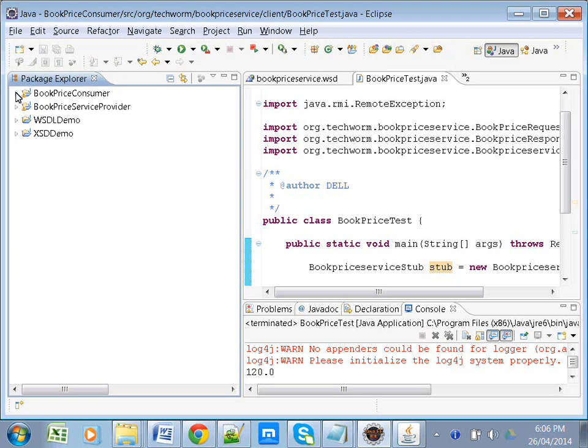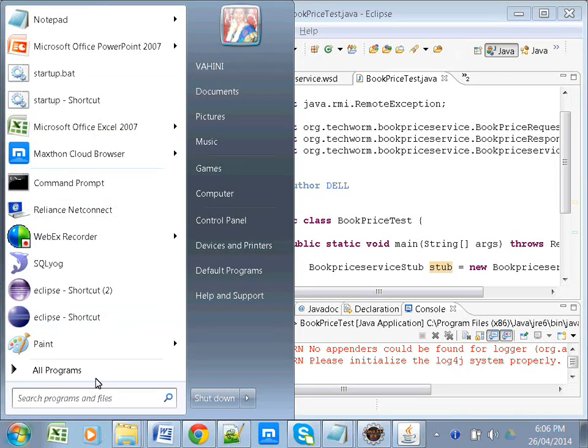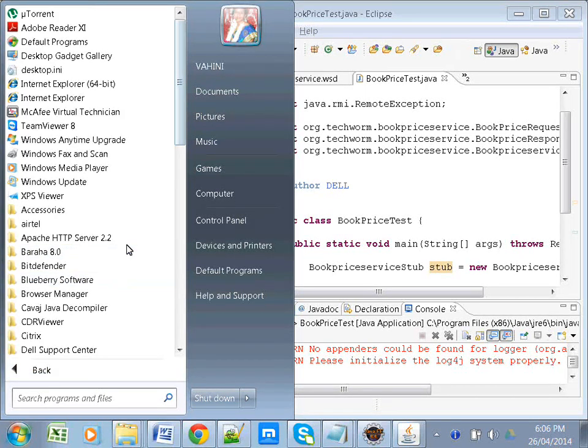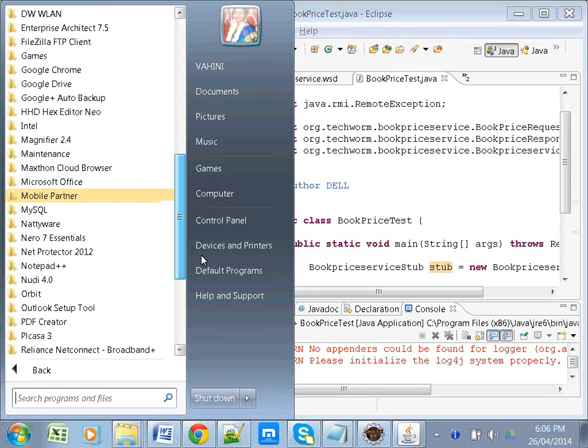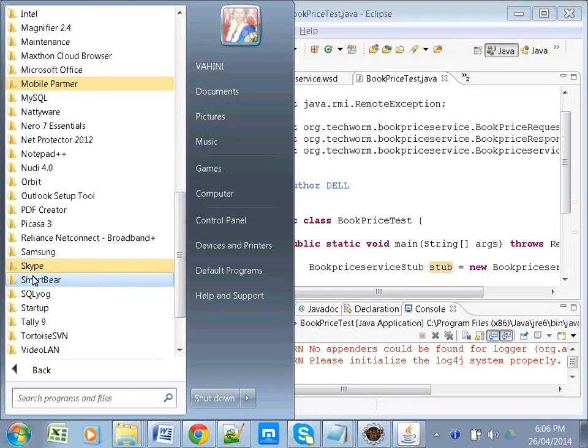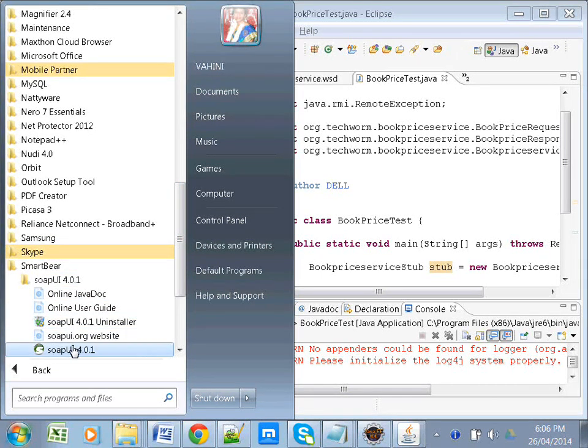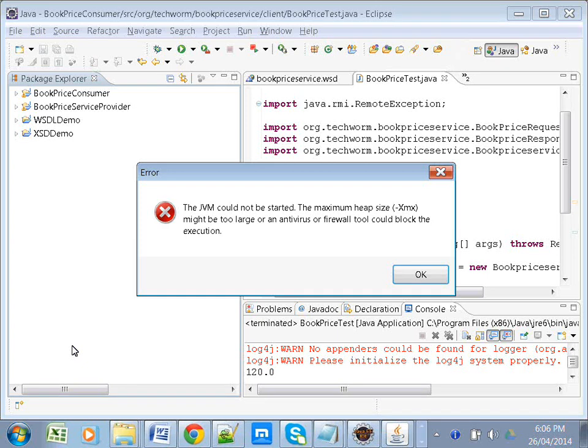Now let us visualize something called SoapUI. This is a testing tool where you can test or where you can look at what is the network flow, how the network flows. Your consumer